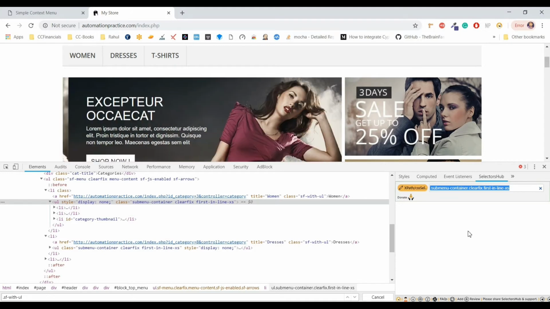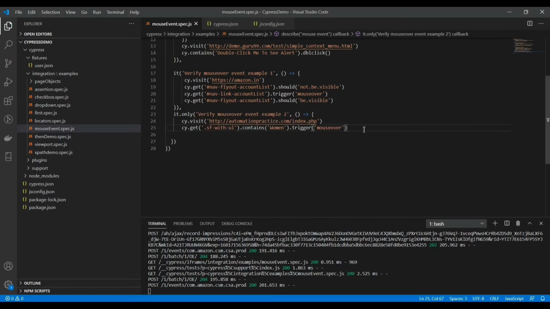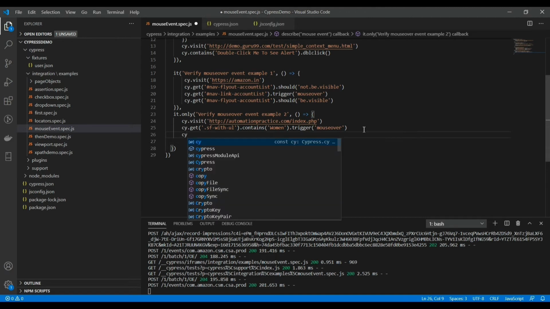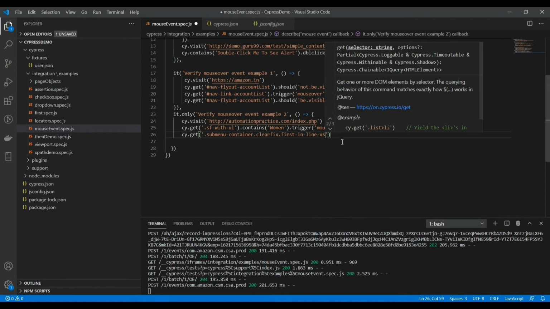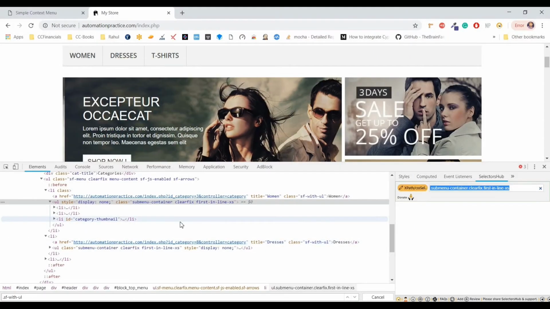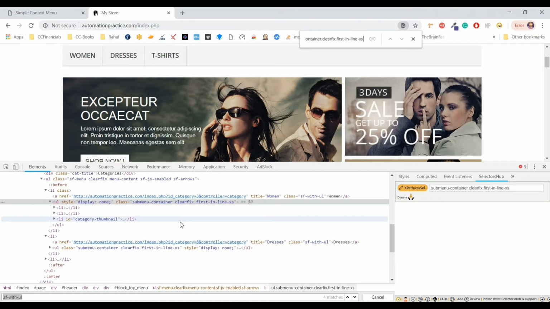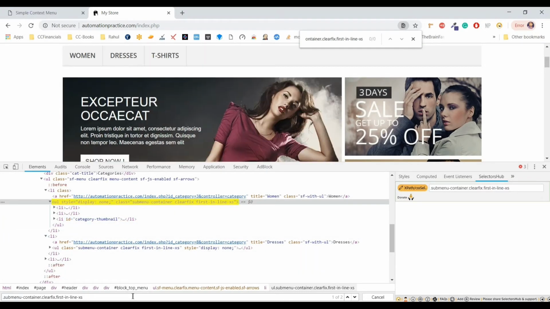So for each category, like for the first category women and dresses, the same class is available. But we need to invoke the pop-up for the first category. Yeah, this one, the first one.